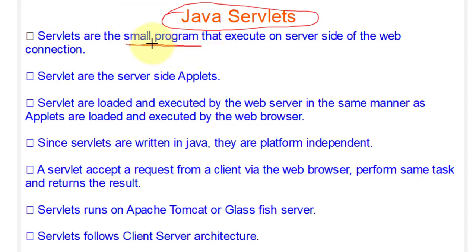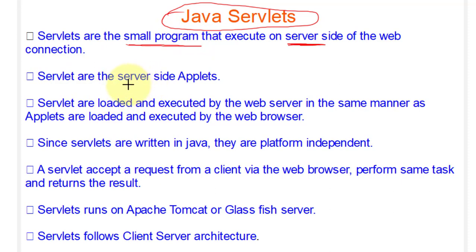Servlets are nothing but programs that execute on the server side of the web connection. That means to execute this program, we require a server. The server is used to execute the Java servlets.